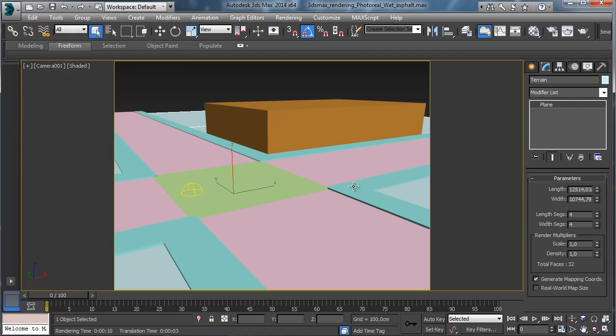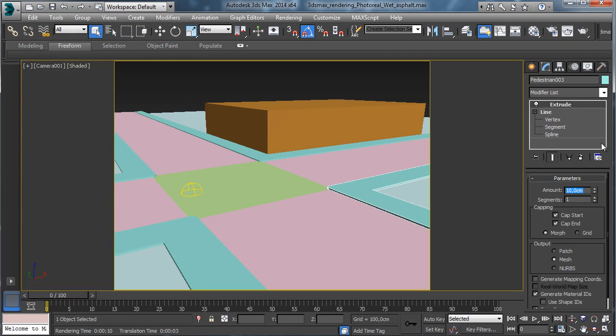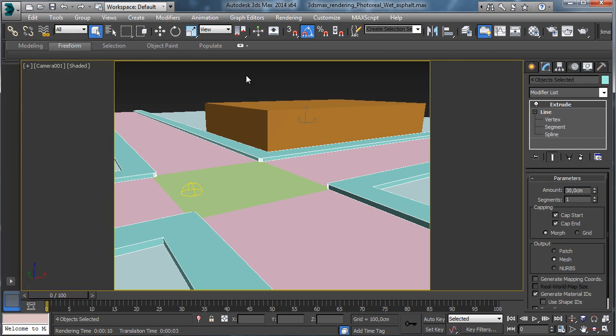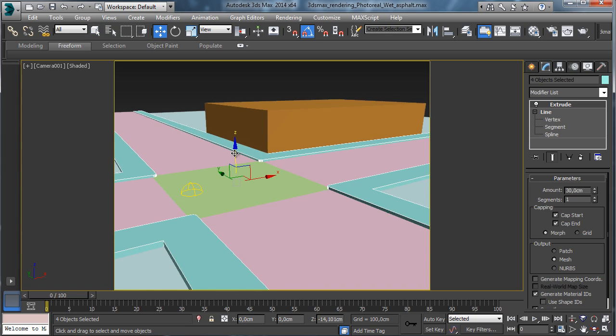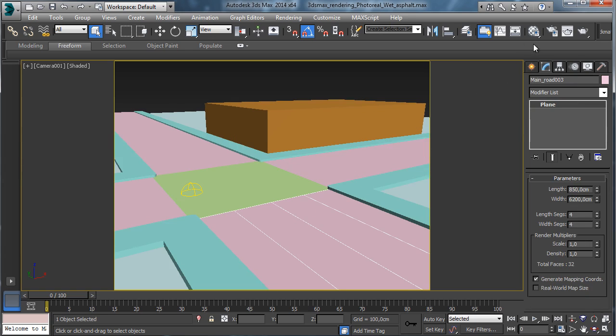But before, I'd like to change that, let's say 30, and then we move all these objects down so we have the right collision with this ground there. Okay, let's start working on the first road,